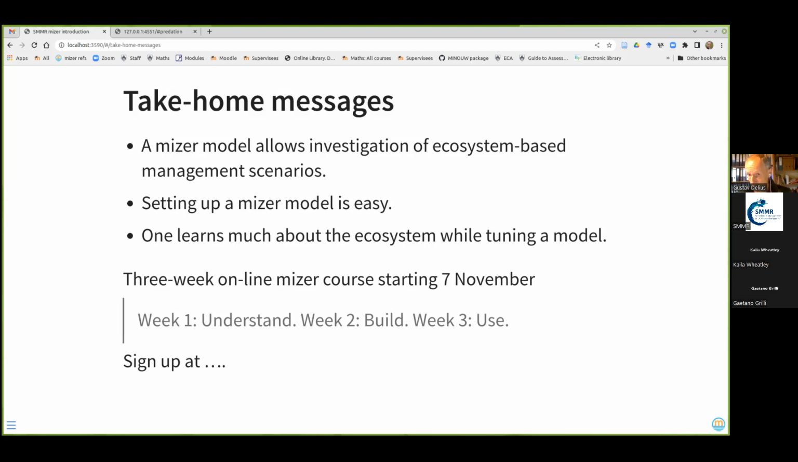Setting up a mizer model helps not only to run future scenarios, it also helps you to find discrepancies in your data, but it also sometimes points out that for some species there's something interesting going on that you hadn't been aware of. Okay. So all of this is to motivate that it's worth digging deeper into mizer,